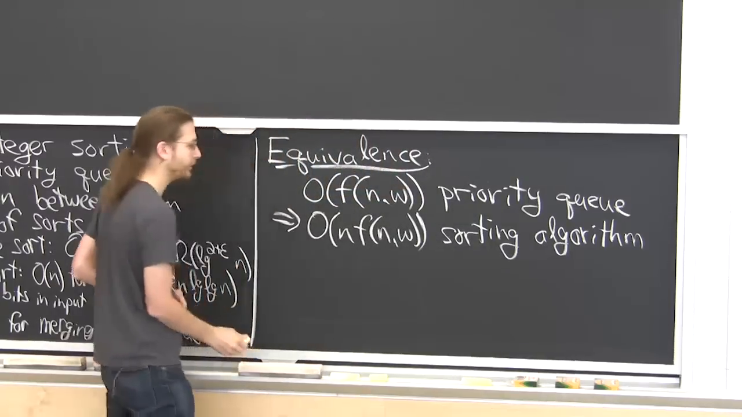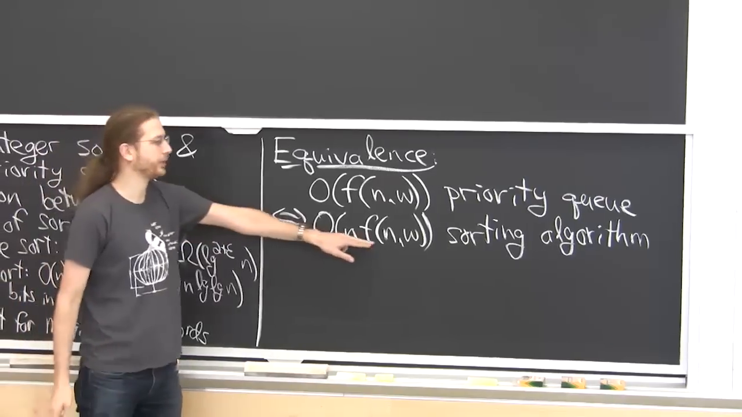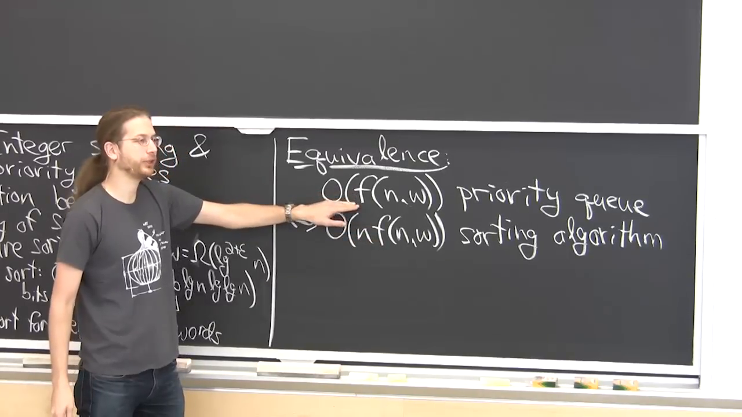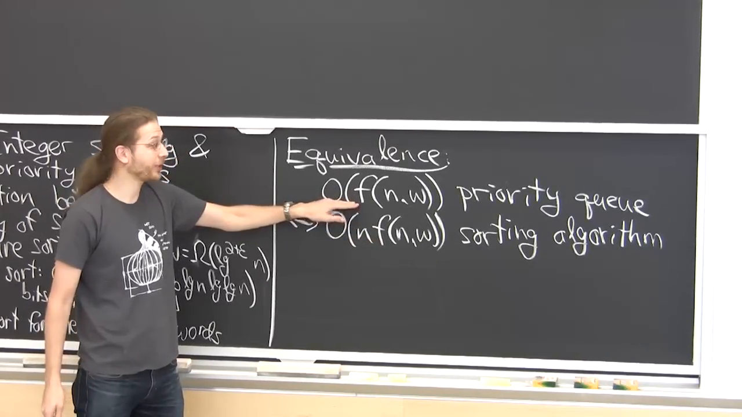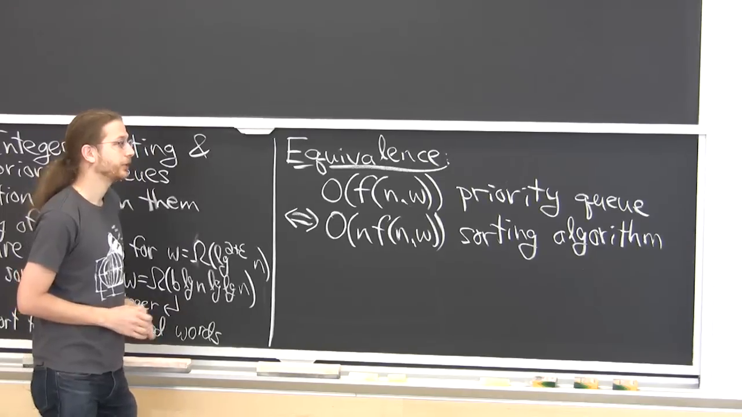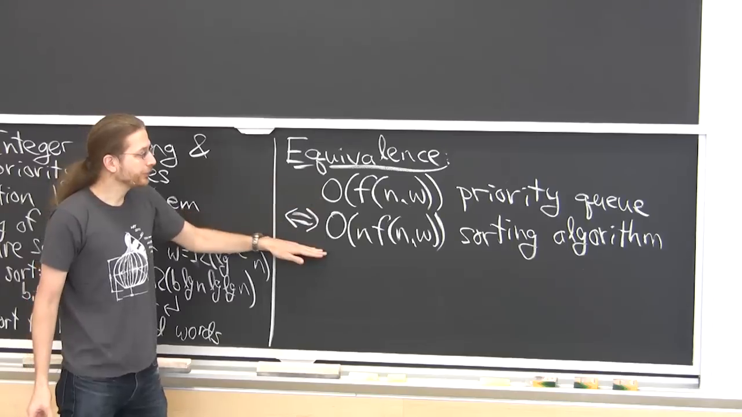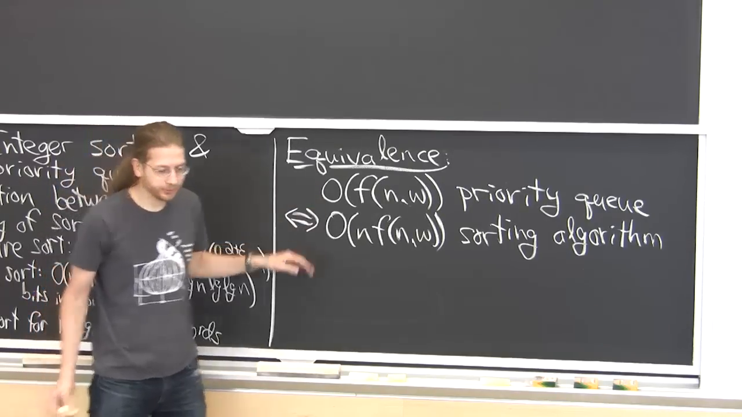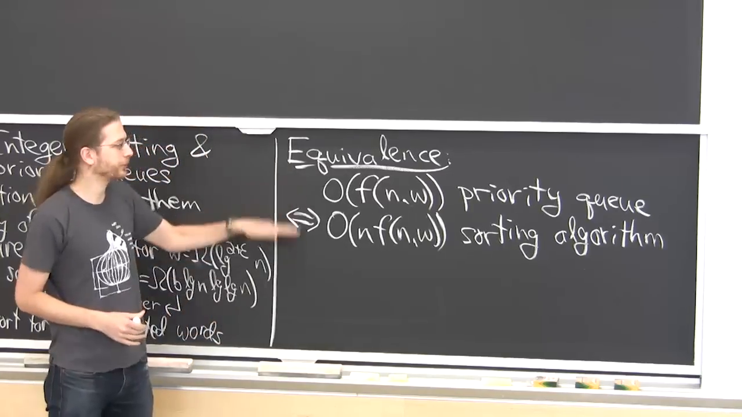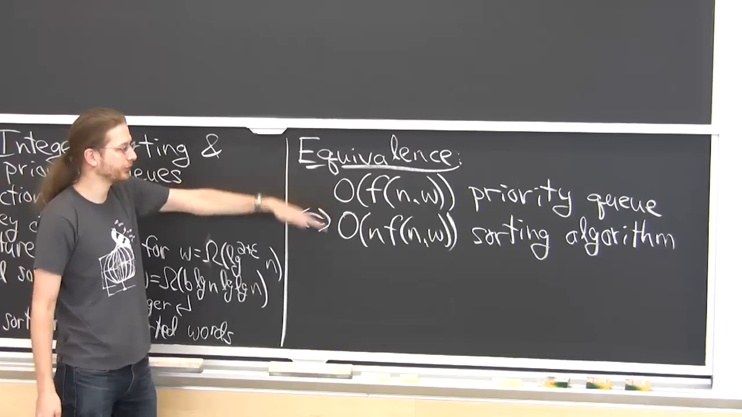But it turns out both of these are true. If you have a sorting algorithm with n times f time, then you can convert it into a priority queue that in the worst case, every operation takes only f of n comma w. So that's the equivalence, a result of Thorup from a few years ago, 2007. Kind of a cool breakthrough. There were earlier versions that weren't quite as efficient, but this gives you perfect efficiency, turning any sorting algorithm into